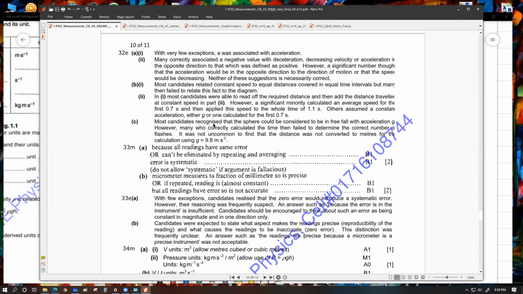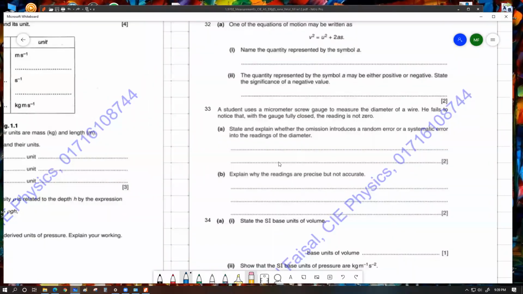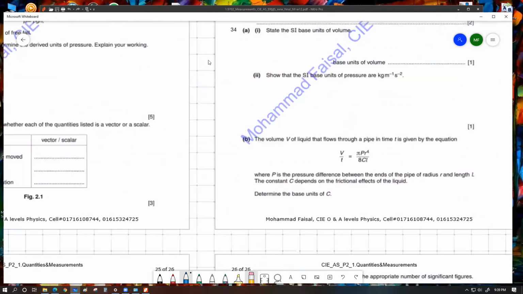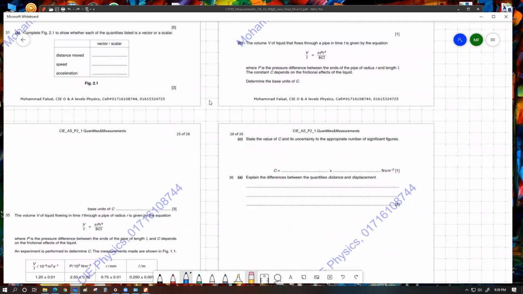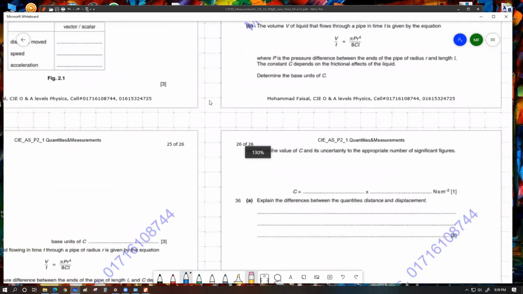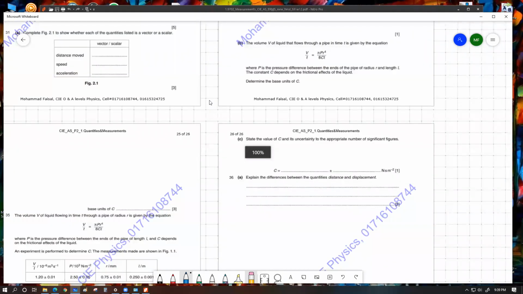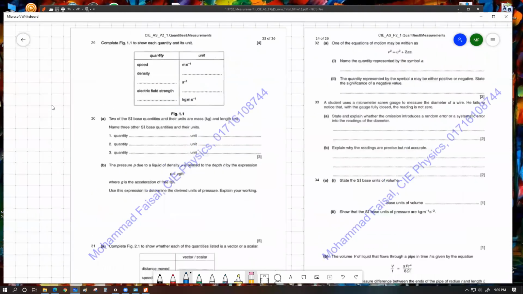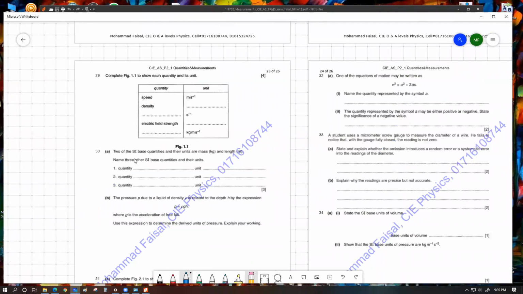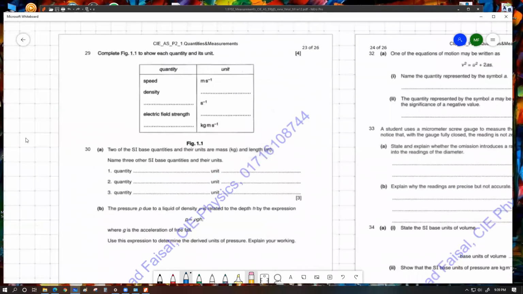Understood. আচ্ছা, তারপর স্যার ইম্পালস এইসবের ফর্মুলা আছে? ইম্পালসের ফর্মুলা তোমাদের এসএস সিলেবাসে আছে কেন? কই দেখছো? 29 স্যার, কোশ্চেন 29 এ স্যার ইম্পালস পরে ইলেকট্রিক ফিল্ড স্ট্রেংথ এগুলার বেস ইউনিটস লিখতে। আচ্ছা, এখানে